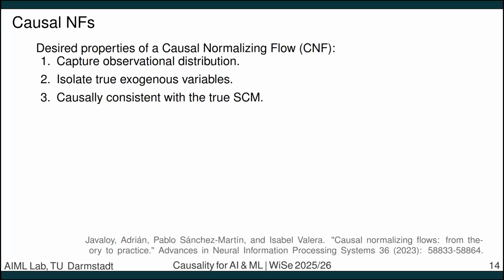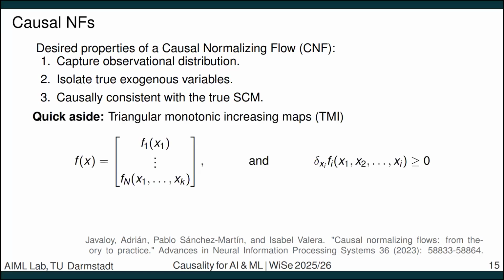And then for causal normalizing flows, we want to have particular properties. It should obviously capture the observational distribution well. It should isolate the true exogenous variables and be causally consistent with the true SEM. The authors of that causal normalizing flow paper prove that this is the case under particular assumptions. And what they do, and I will just briefly mention it, is they relate structural causal models, or processes that behave similarly,